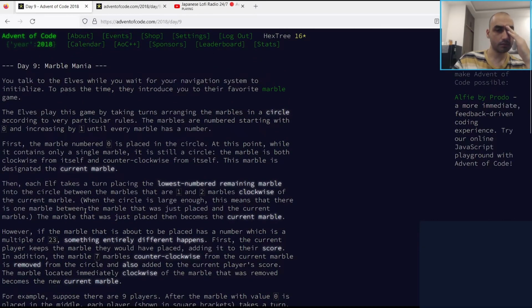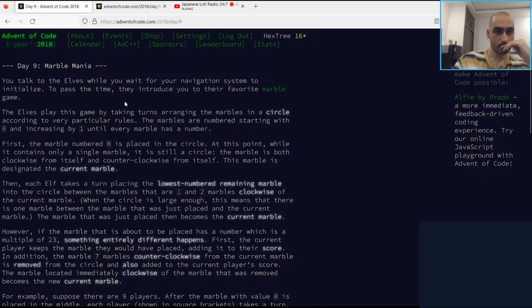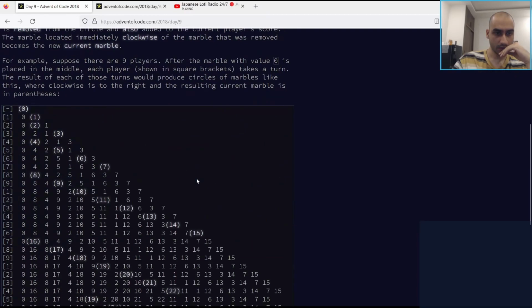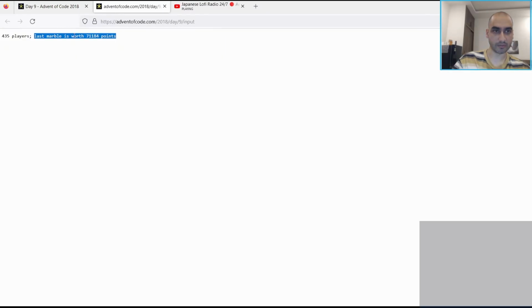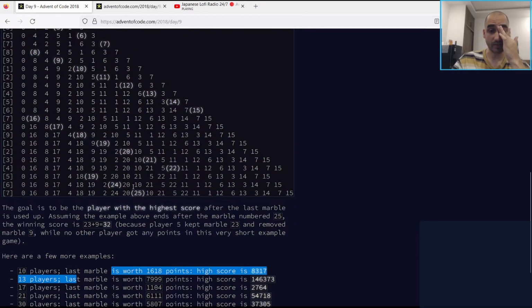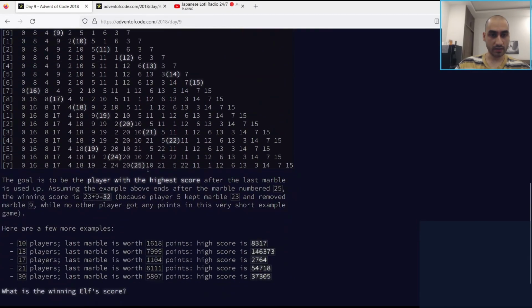What? But I'm a bit confused. What is this last marble thing in the input? I still don't fully understand this. They didn't give us a last marble in the example. Okay, so the last marble is 25. But that's not worth any points because it's not a multiple of 23. So why would we be given...